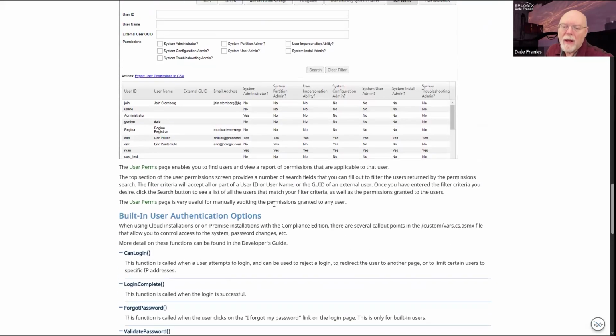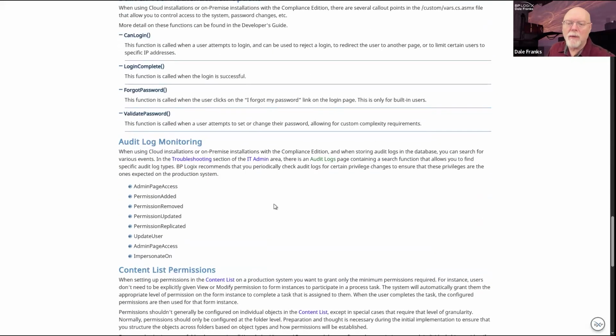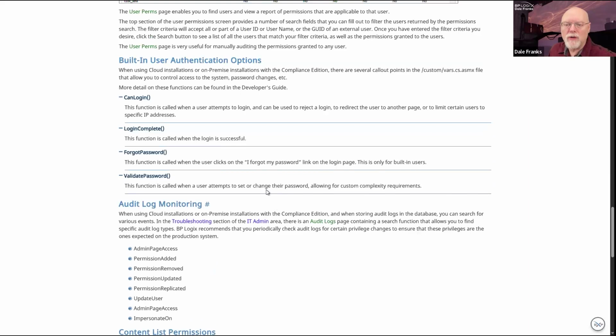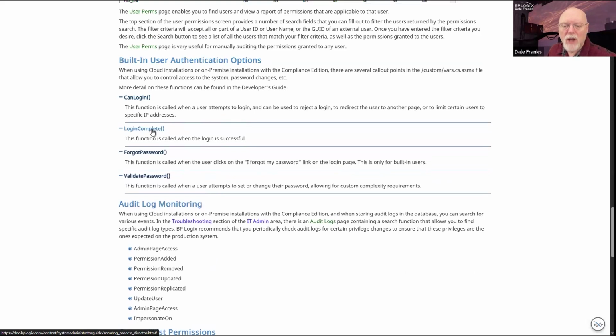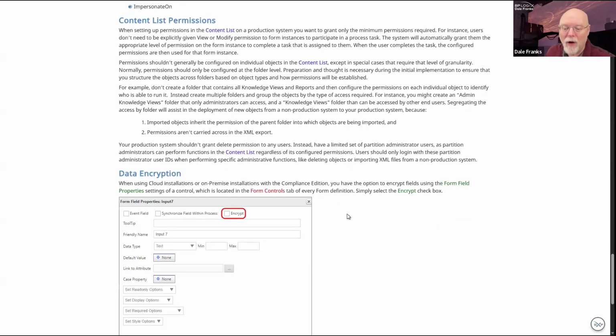So there's some different settings here that you can work with. There's also some discussion of setting up some of the different subroutines in the custom variables file about how you'd like forgotten passwords or password validation or what to do when a user logs in, or indeed whether a user can log in or not. You can have all of these things set up there.